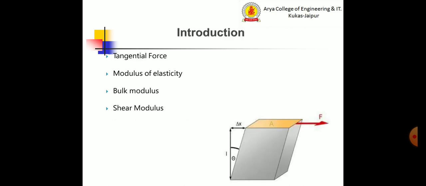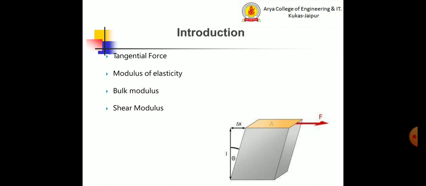There are some forces acting on the body. Some forces are the perpendicular forces or the longitudinal forces, and some forces are the lateral forces or the tangential forces on the body. Some forces are perpendicular to the cross sectional area of the beam and some forces are parallel to the cross sectional area of the beam.